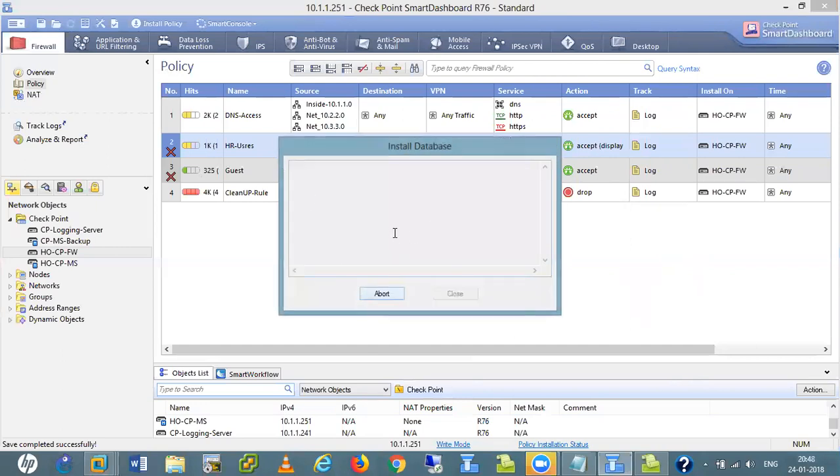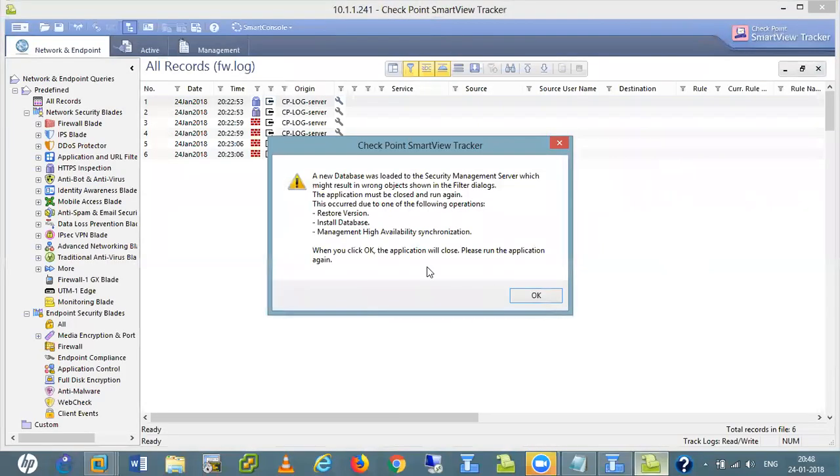If I install this policy, then it becomes aware of all of this. It is not synchronized with my primary management server and secondary management server right now. See, installing the database is completed. Now close. New database loaded.